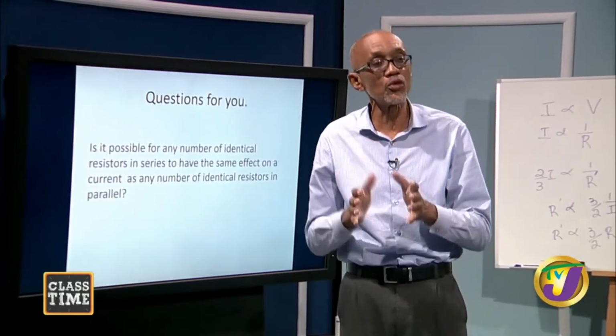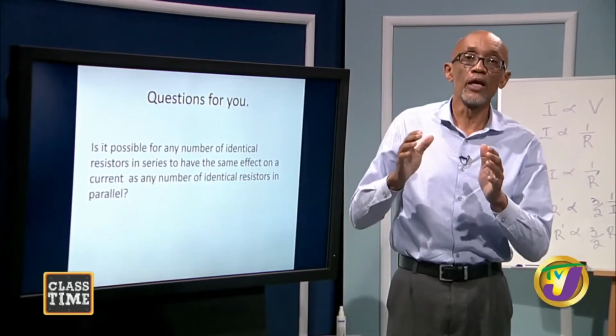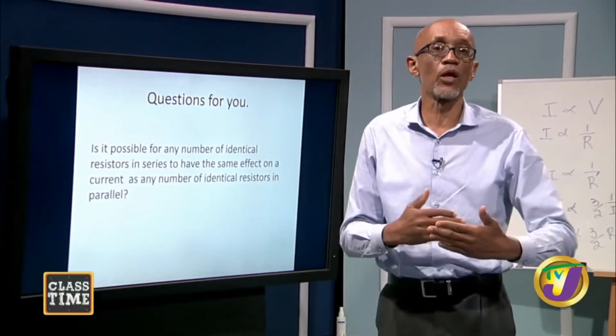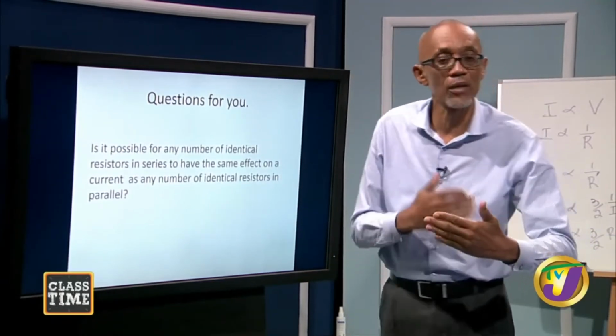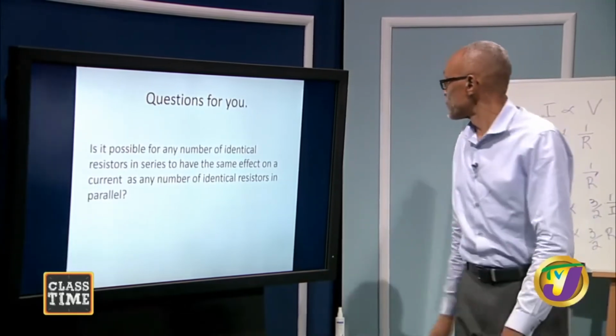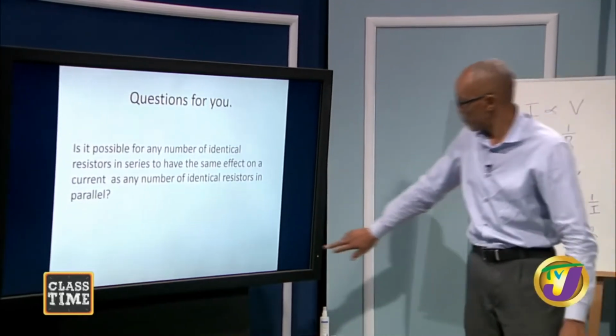If we want to reduce the current, we add more resistors in series. If we want to increase the current, we add more resistors in parallel. Okay. And then we have,